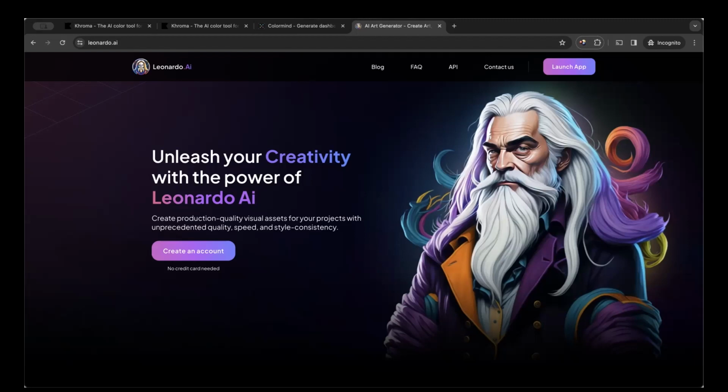How do we go to Leonardo now? Just open a new tab and input the URL, leonardo.ai. It comes up like this. Then you click on create an account. Create an account with your email. That's all. Please do not add your credit card or anything. They don't need that, and we don't need that for the demonstration of this class. Just put it in and create an account.